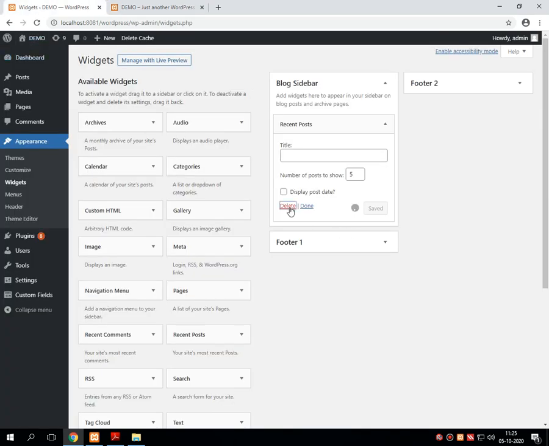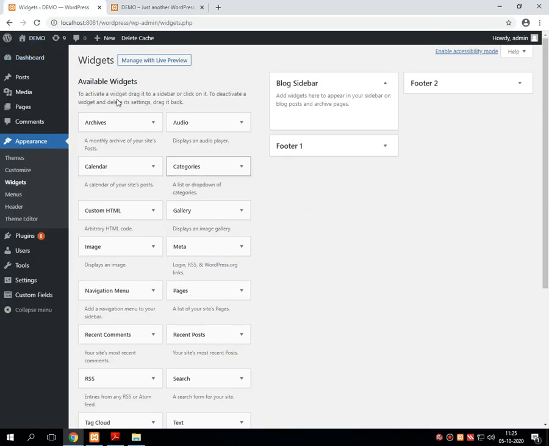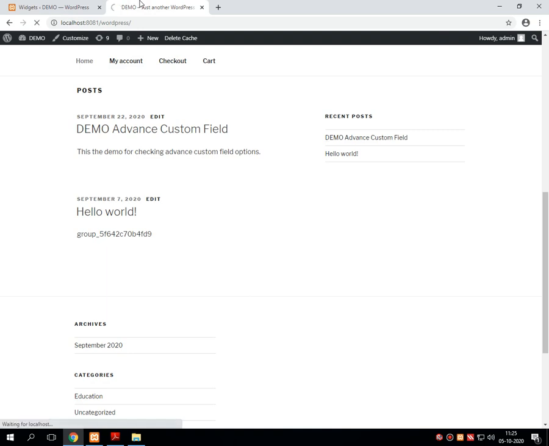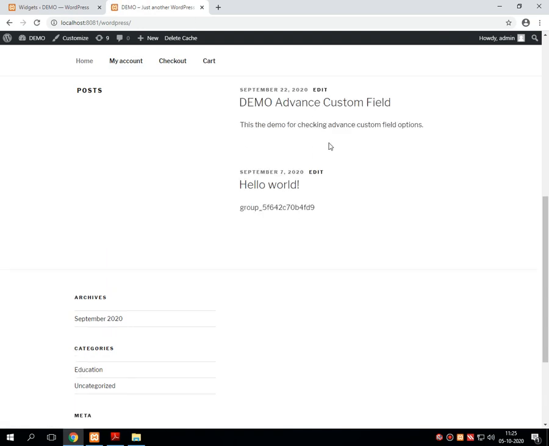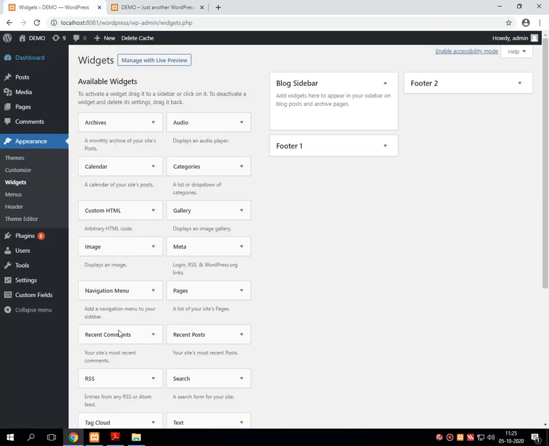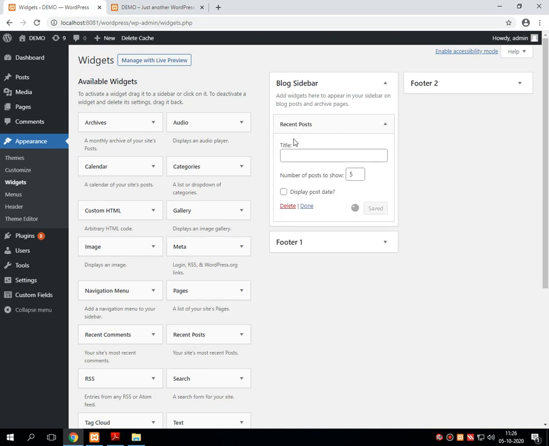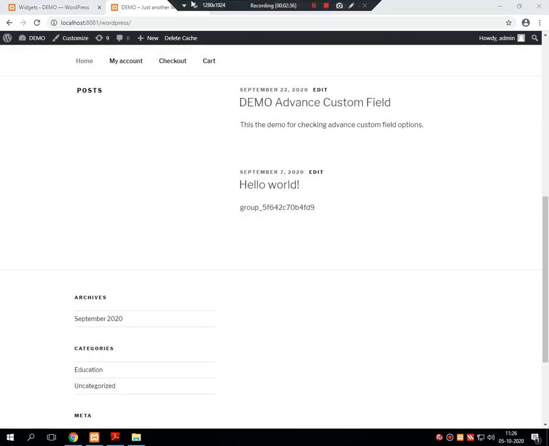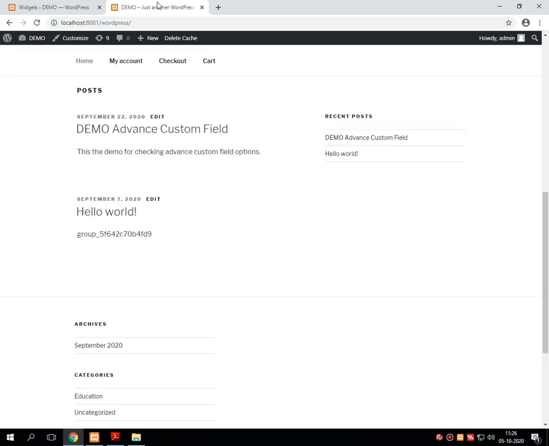So I'm just removing it and refreshing the page. This will disappear from over here. Now I'm selecting the recent post, putting it over here and activating it, and refreshing the page. It shows the recent post over here.